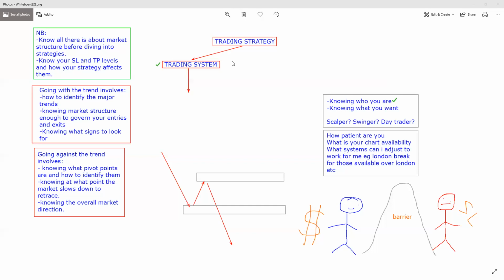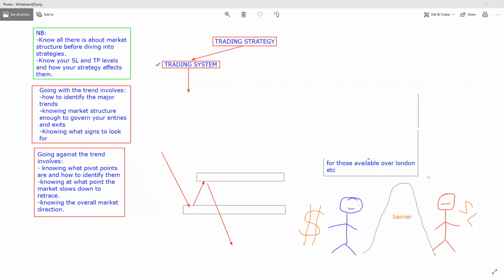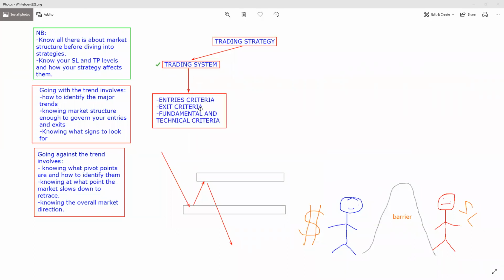And so, fine, you have now known yourself. So the next thing, let me cover this up. So you already know yourself now. So how will you structure your trading system? What will you be looking for when you're starting to determine what kind of trading system you'll be looking for? And that's where we'll come to this point now.